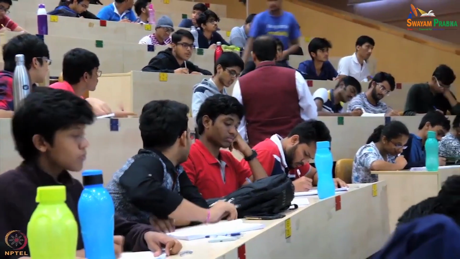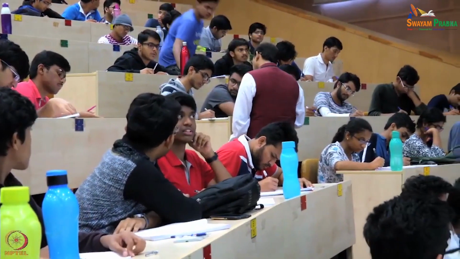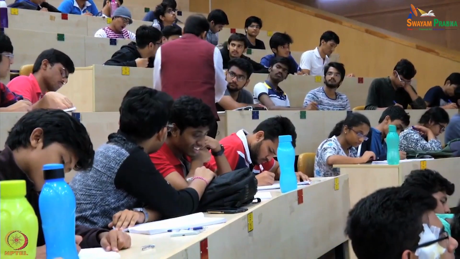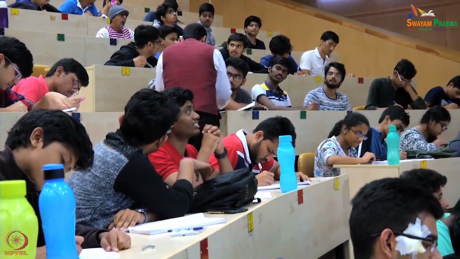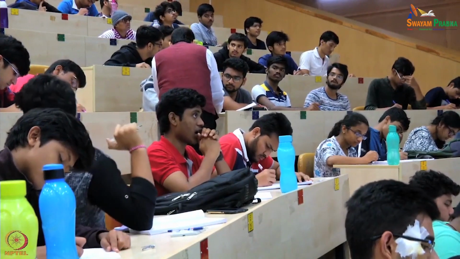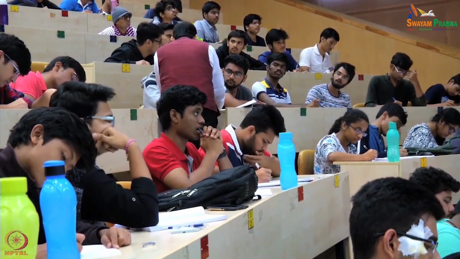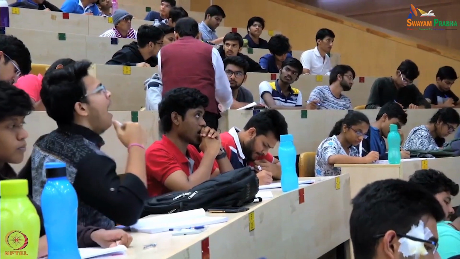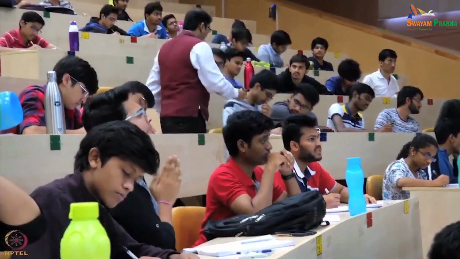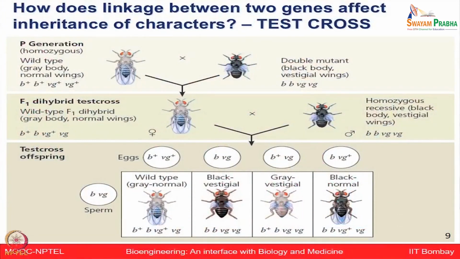Plus means wild type, and when we get B plus, then we consider B plus is dominant. So that's why I was telling that in all of these problems it's a good idea to write B plus, VG plus, and B and VG, because these are on different chromosomes. So it's ideally the same thing. But when it is plus here, it means it is wild type, and if it is not plus, it is mutant. So we have now these 4 different types of phenotypes,